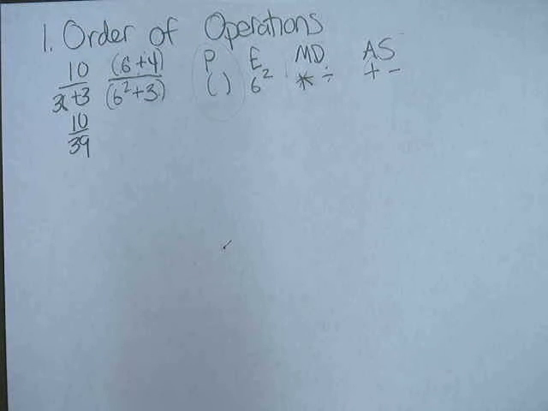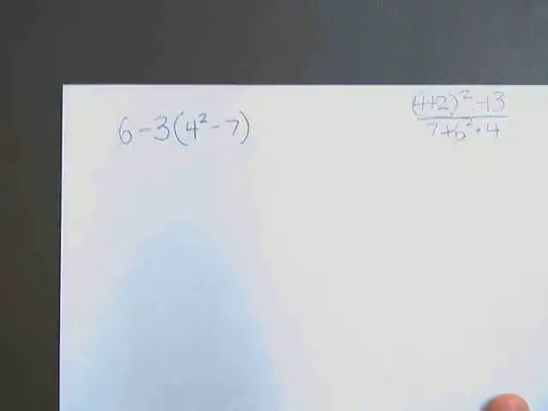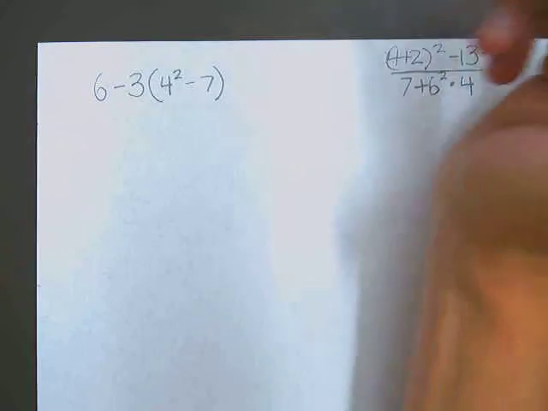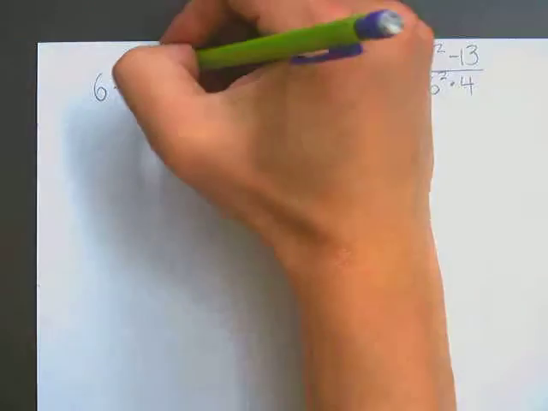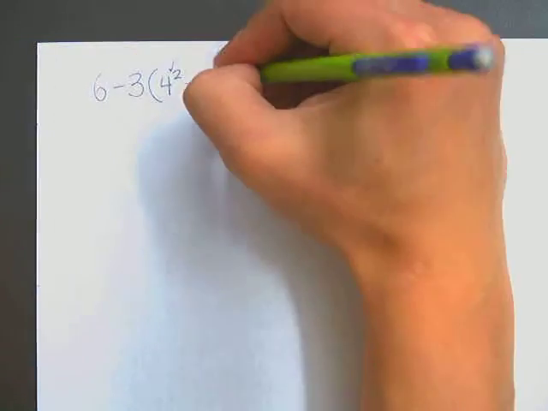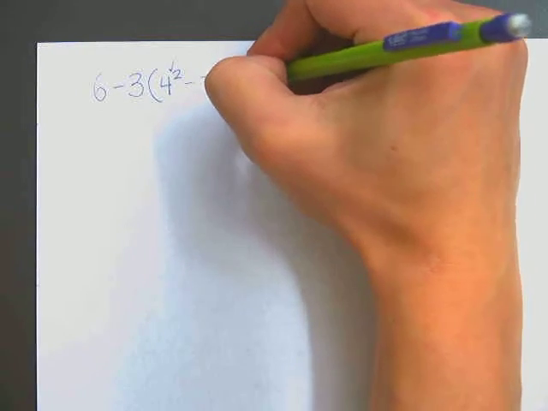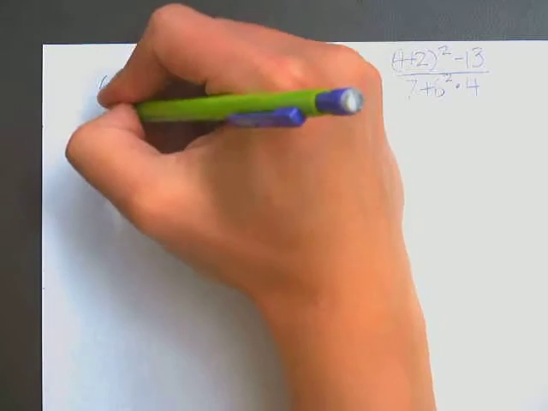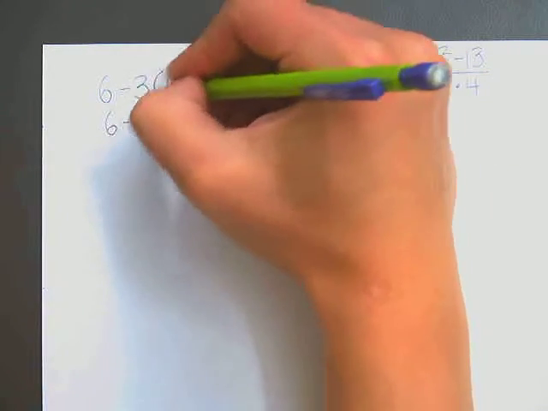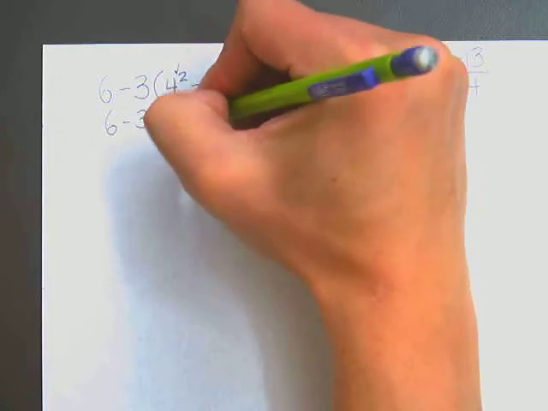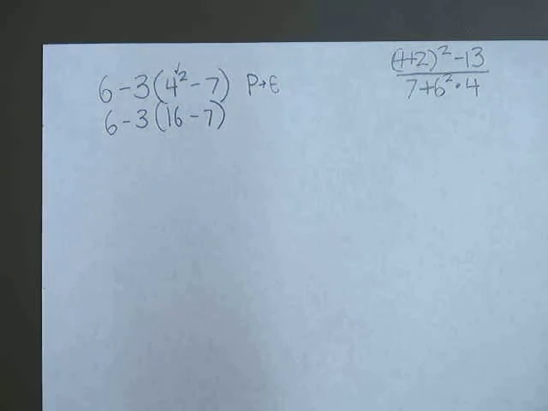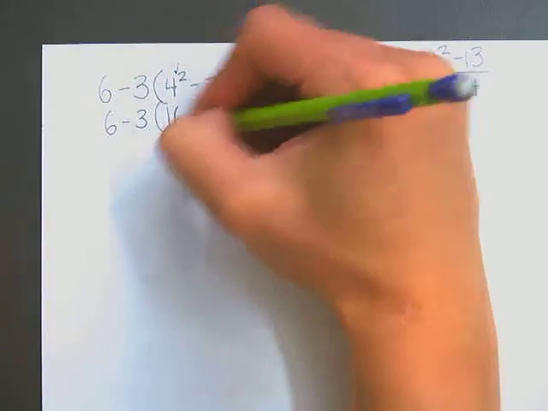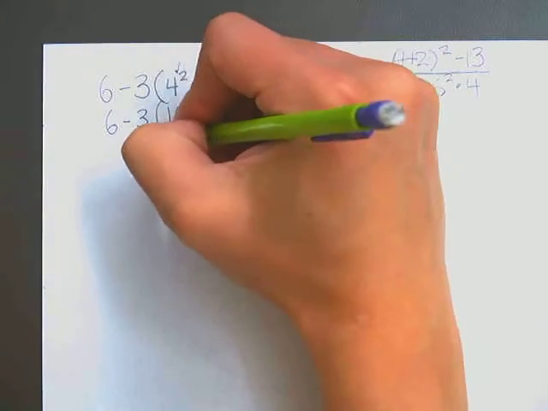Let's do a few examples now. Alright. First one. We have parentheses going on, so we got to figure out that first. And then within the parentheses, we have exponents. So actually we're doing P and then E, because we're doing the exponent within the parentheses as our first step. 4 squared is 16 minus 7. Alright, next we're doing parentheses subtraction. So we're figuring out the subtraction inside the parentheses, and we get 9,